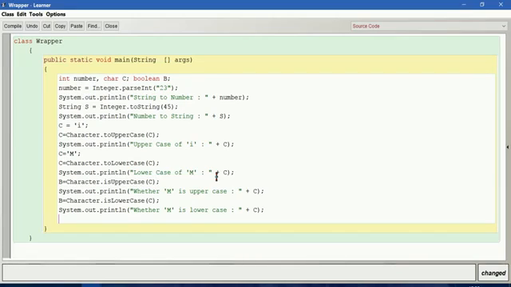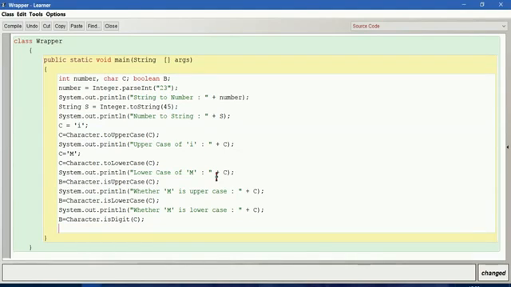Same like that, let us check whether digit or not. So B is equal to Character.isDigit, the value that is C. So whether M is digit or not, it will say. System.out.println of "whether M is digit".